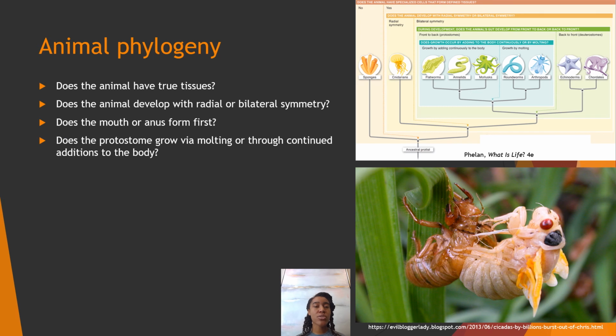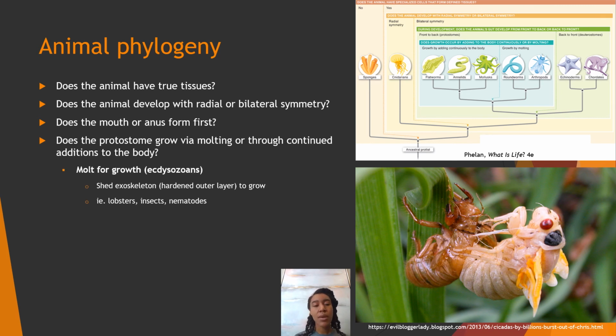For the next question, we're just going to focus on protostomes. We're not going to be addressing deuterostomes in this question. So the question we could ask is, does the protostome grow via molting or through continued additions to the body plan? And so what I mean by this is, molting is when an organism will have a hardened outer coating,